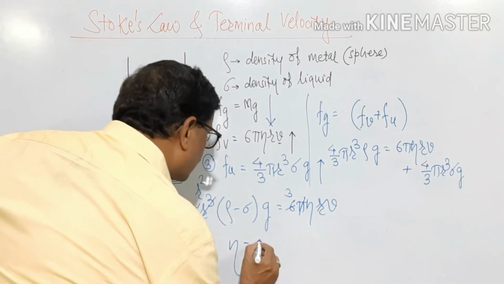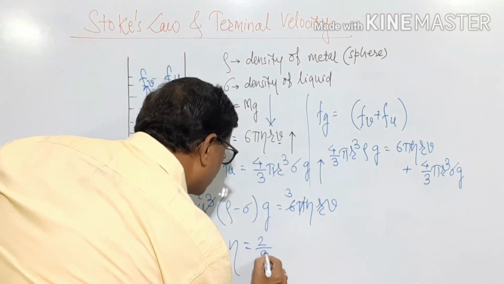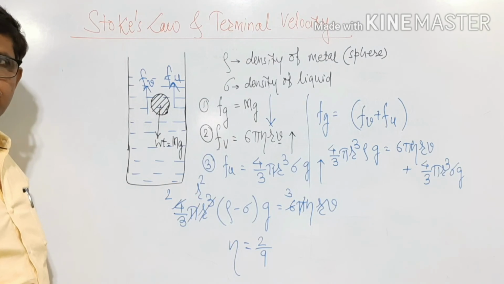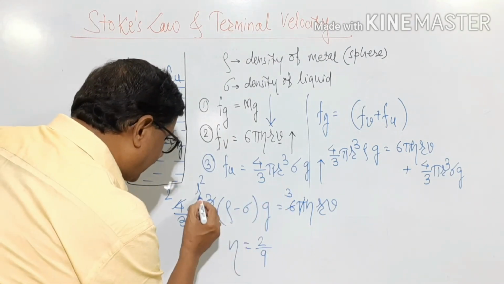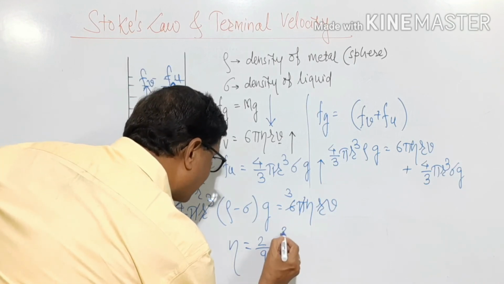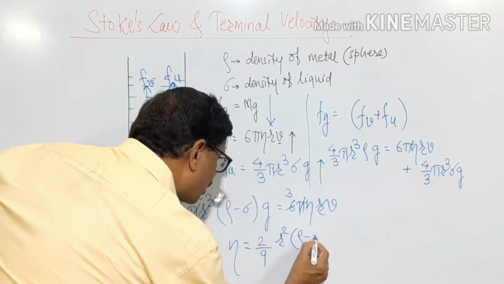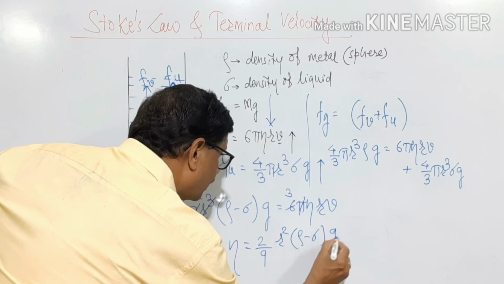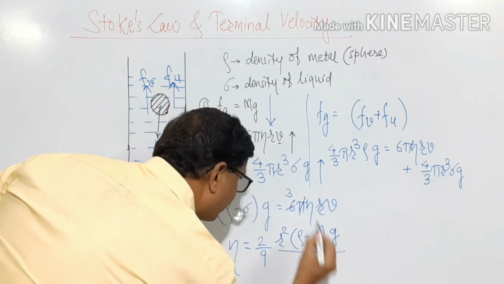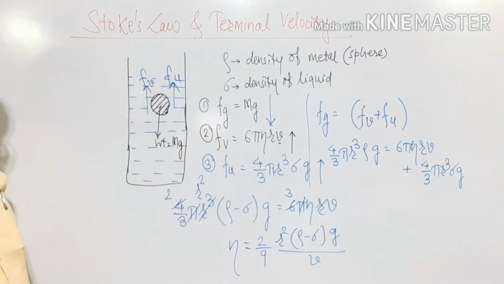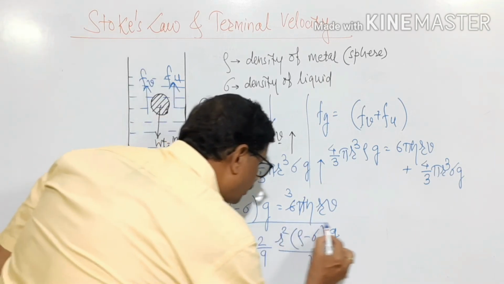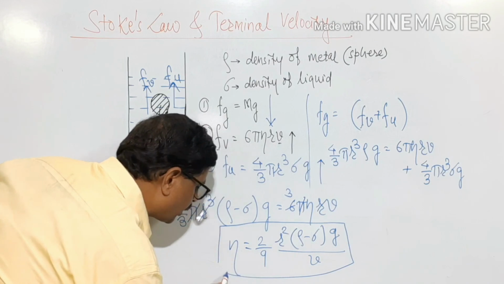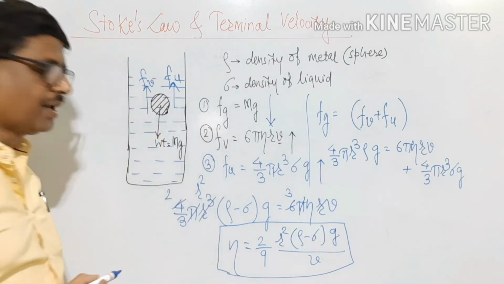Therefore, the coefficient of viscosity is 2 divided by 9, r square, in the bracket rho minus sigma, into g, divided by v. This is the required formula to determine the coefficient of viscosity of a liquid,